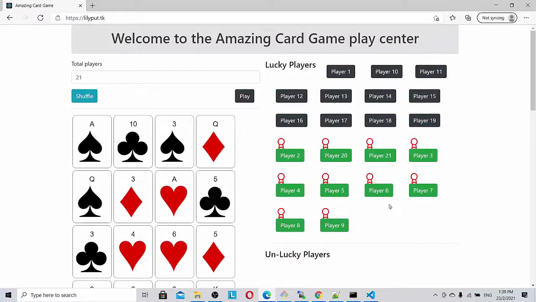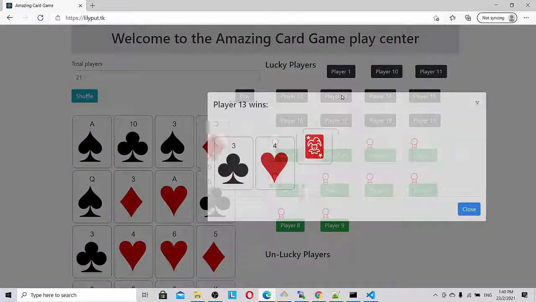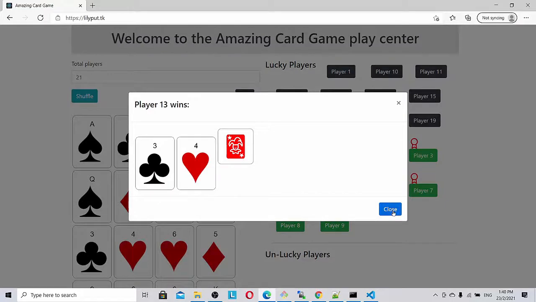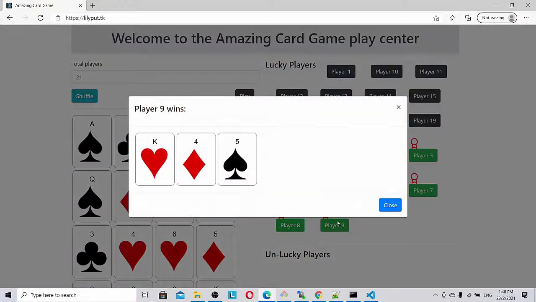So in this case, as you can see, the players are arranged in a proper way, and you can see all the players listed as lucky and super lucky players. And how I do this medal, that is another part, displaying icons with React.js. So we will also look into this portion. And again, how do you make the modal active? For example, if I click 13, player 13 comes out with his cards. If I click player 9, player 9 comes out with his or her cards, right?